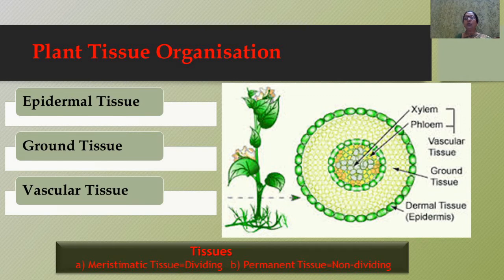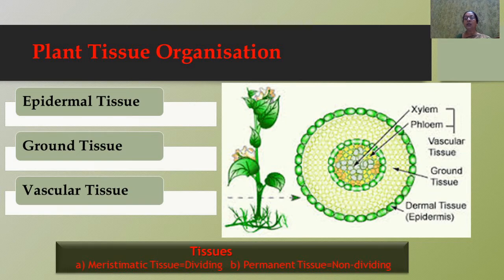You all know the dermal tissue consists mainly of the epidermis in the case of the stem, while it is the epiblema in the case of the root. In this figure you can see the dermal tissue consists of epidermis, while the ground tissue is shown here. That is the cortical tissue, and the last one is the vascular tissue, which consists of